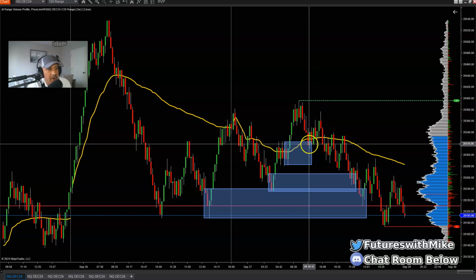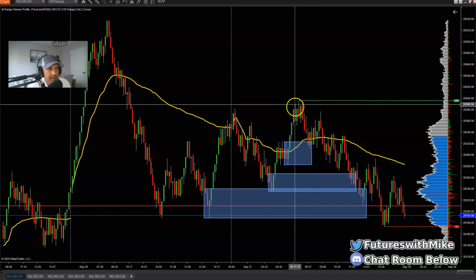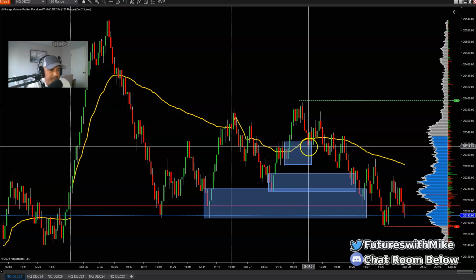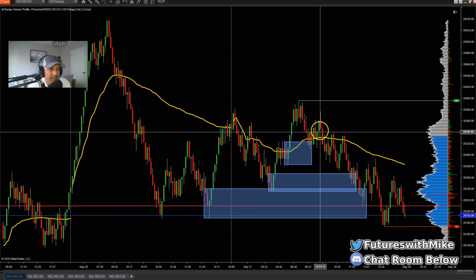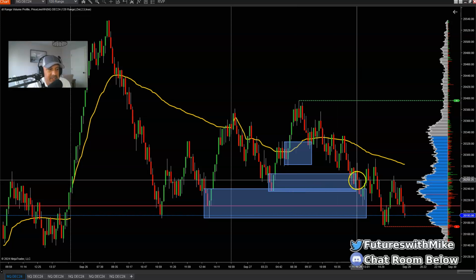Now, if the market gives me that and I collect on my 20 points here, but it doesn't come up here and break this high, I'm going to be very mindful, because now it looks as if it reacted at this zone after making this low, but it made a lower high, and then it pushes lower and then we have a zone below it. If it taps into the zone, can it react here? Yes. But I'm going to be very cautious, like I said in the early part of this video,